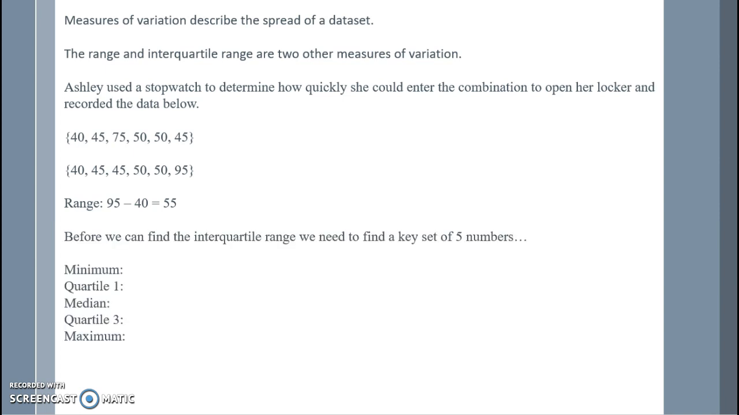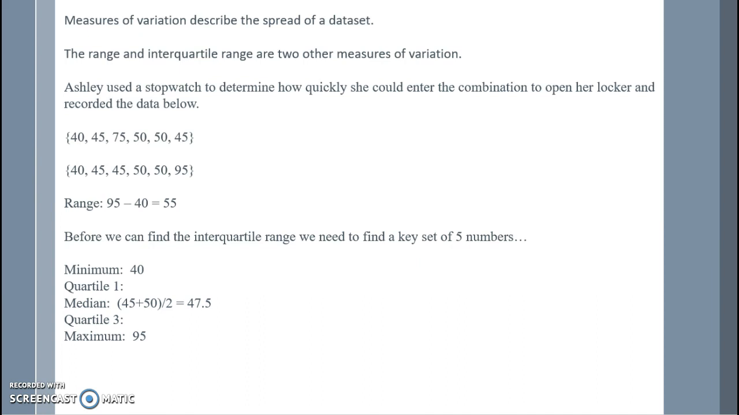Before we can find the interquartile range, we need to find a key set of 5 numbers: the minimum, quartile 1, the median, quartile 3, and the maximum. We already know that the minimum and maximum are 40 and 95 respectively. We know how to find the median by crossing off numbers to find the middle. I see that 45 and 50 are in the middle, so I add them together and divide by 2, giving